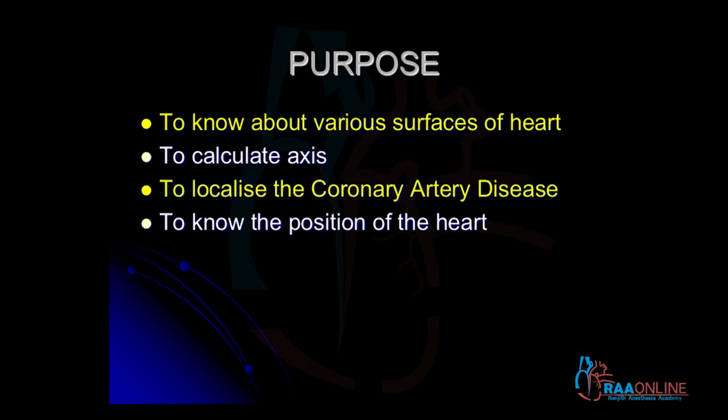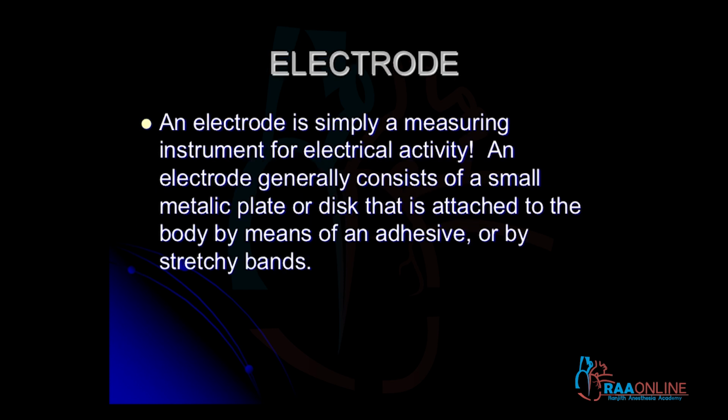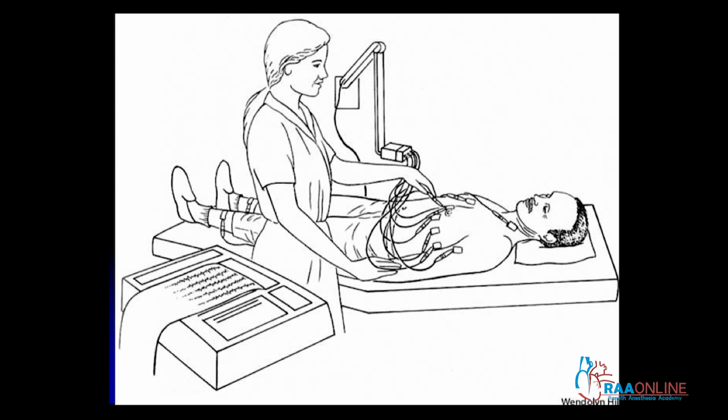So before that you must know what is the difference between a lead and an electrode. Lead and electrode are not the same. Electrode is a physical object. So electrode is a metal plate you are applying on the patient's skin to get the electrical activity from the patient's body. The metal plates you are applying on the limbs and the chest bulbs you are placing on the patient's chest are called the electrodes. You can see that these are the metal plates here and that's the chest bulbs here. So electrodes are physical objects.